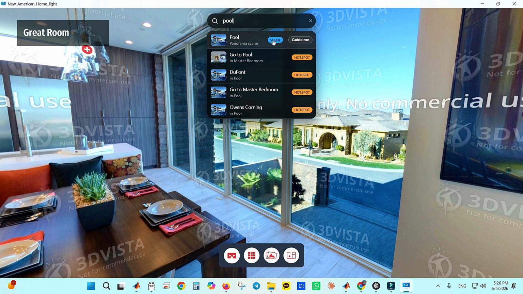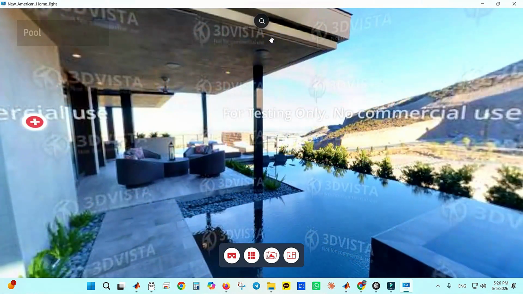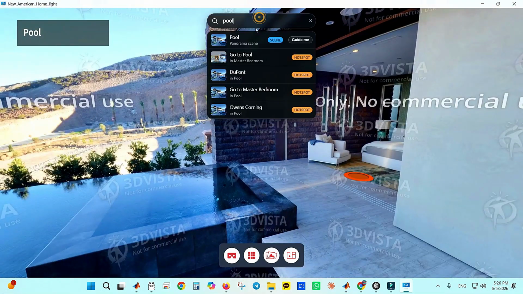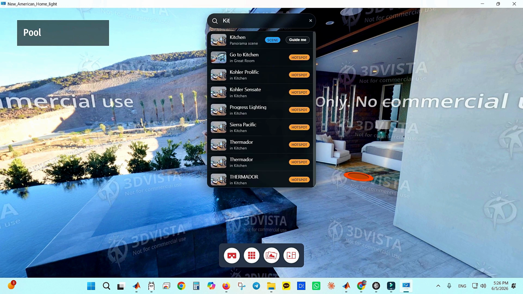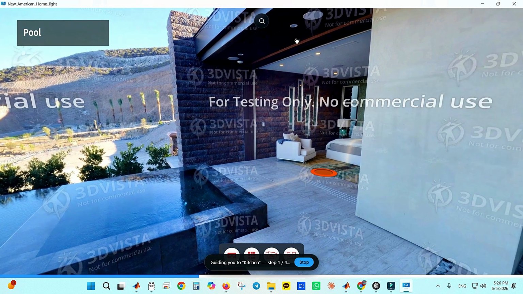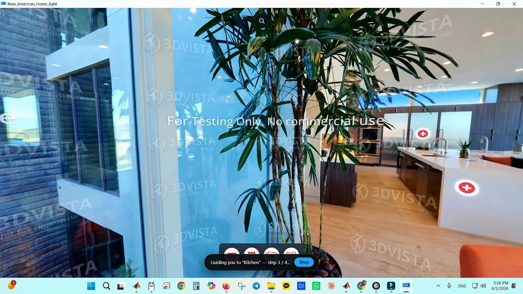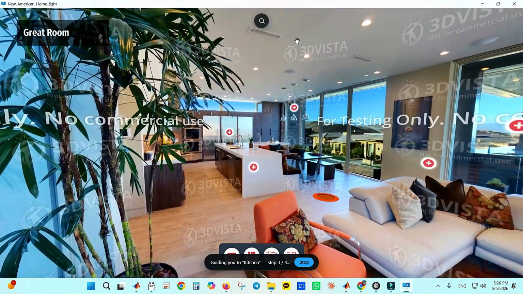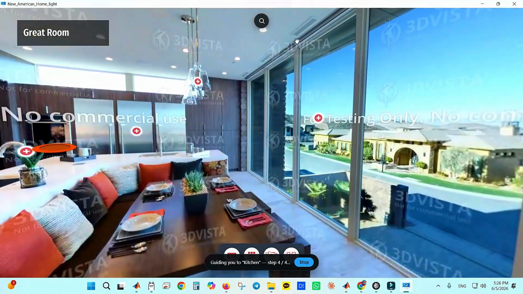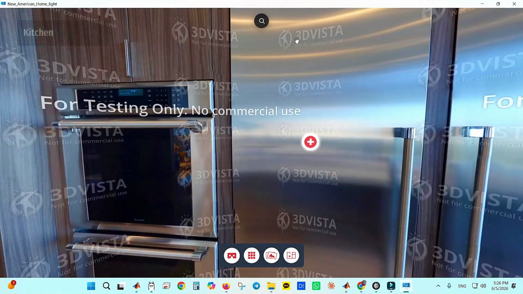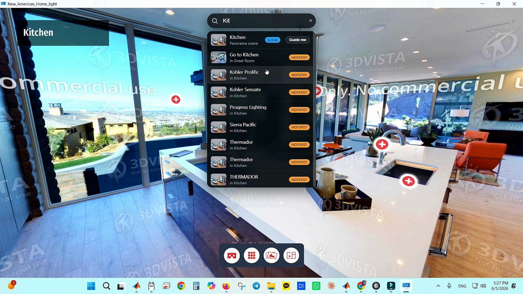Right now, I'm looking around for the swimming pool. Simply by clicking on this icon right here, I can jump directly into the immersive panorama of the living room, or if I decide that I want to move from here over to the kitchen area, I am now searching for the kitchen, and this time I will use the Guide Me option. So it will automatically and safely guide me all the way to the kitchen area. In this way, as you saw, you can easily add the search to your virtual tour.